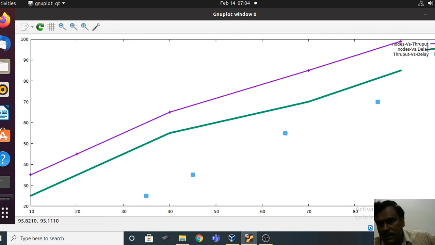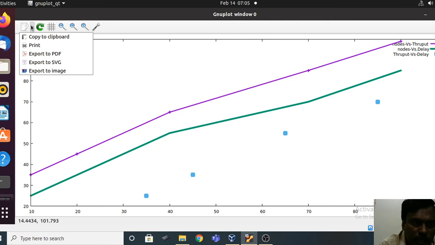This green color is for nodes versus throughput, and this blue color is for throughput versus delay.